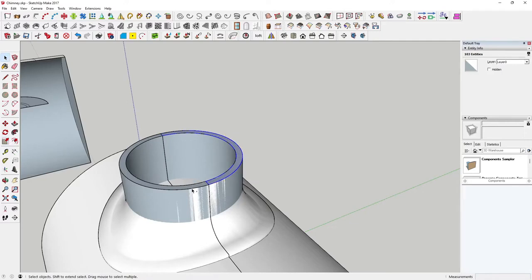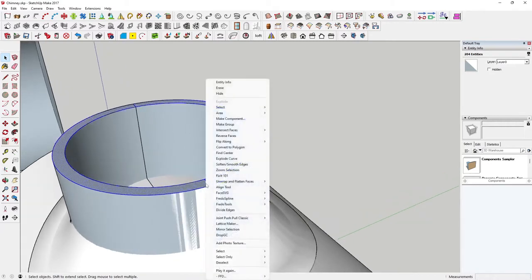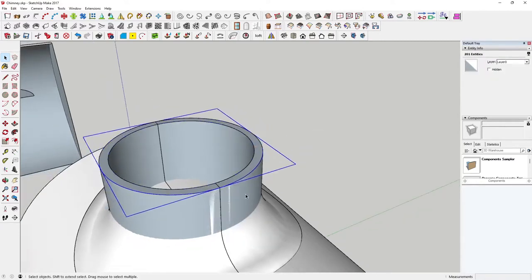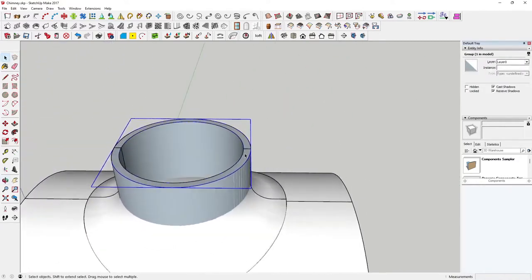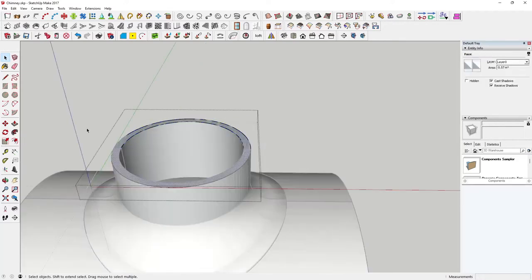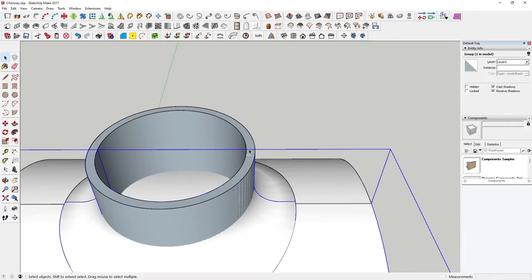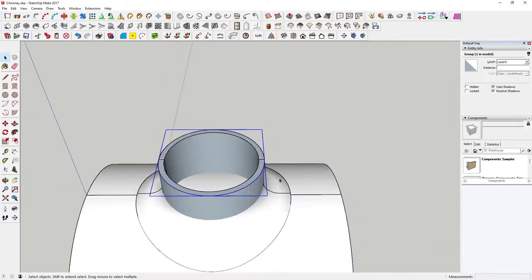Bit convoluted, do a control, actually we'll take that line out there and we'll take that little line out there and then right click, make a group. That was a bit convoluted, but there we go. So go into this group, click on, actually no, we don't have to, but we've got our edge here. Come and highlight it,